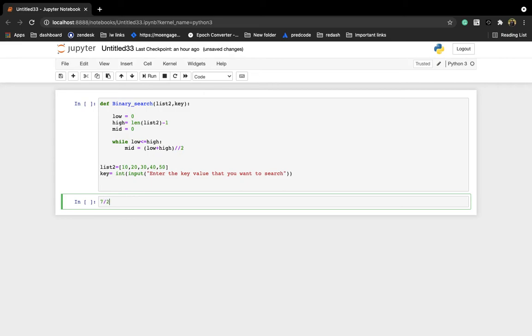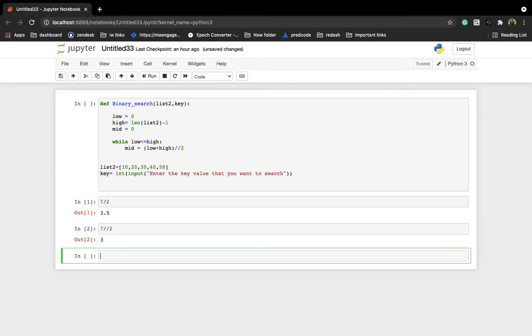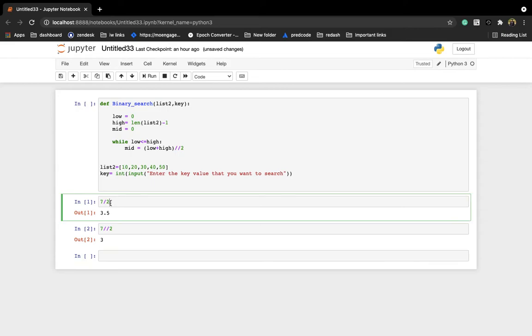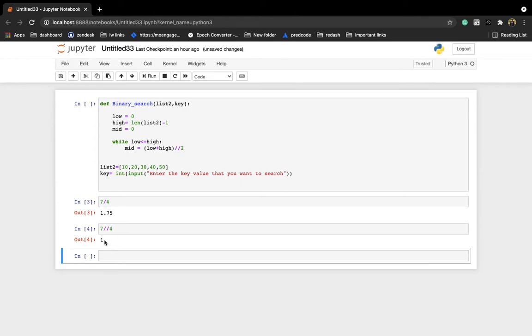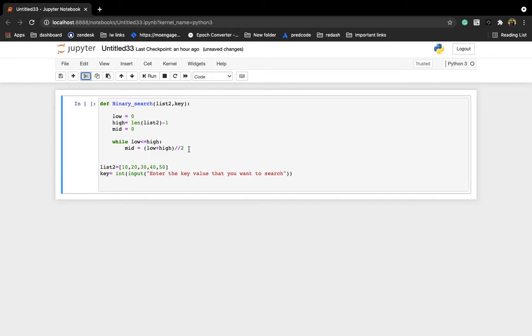7 divided by 2, this is a normal division. Once you execute this, you are getting 3.5, right? If I am writing here 7 truncated division 2, you are getting 3. So the last nearest integer you'll get. I don't think you'll get a clear picture with this example, so let me change the example. 7 divided by 4, once you execute this, 1.75, and the same thing if you do with truncated division, you'll get 1, the last nearest integer, right? So this is the difference between normal division and truncated division. To compute mid we need to use truncated division.